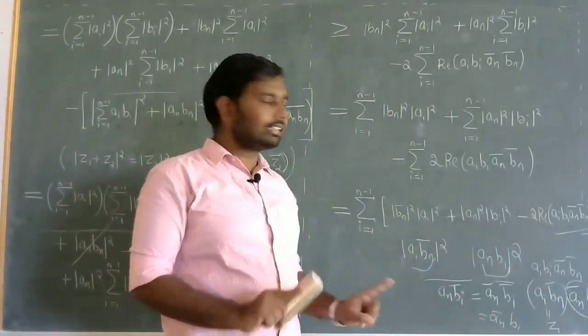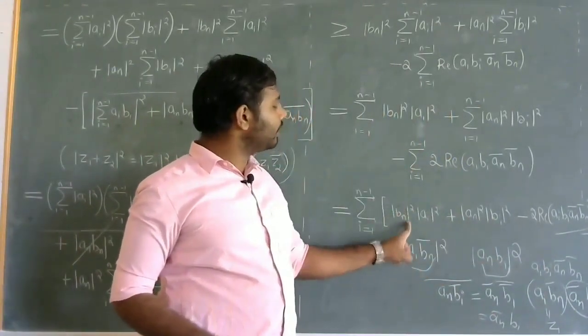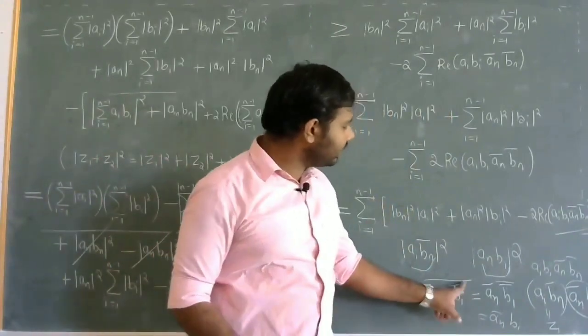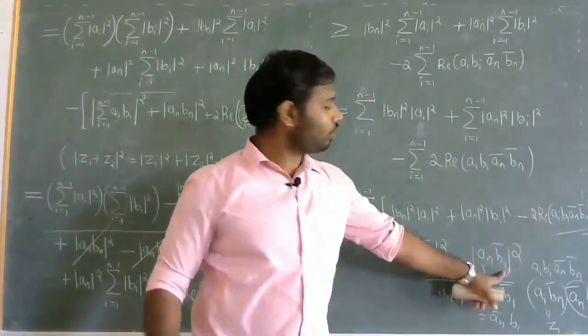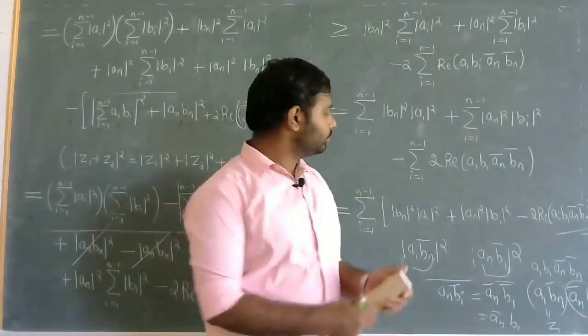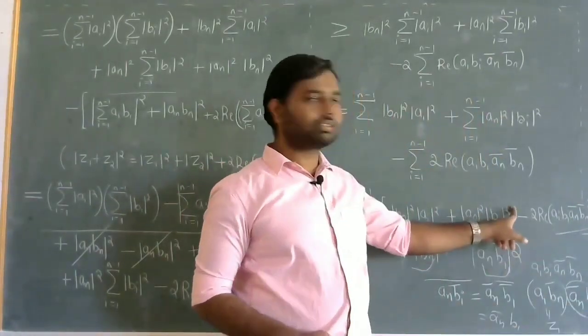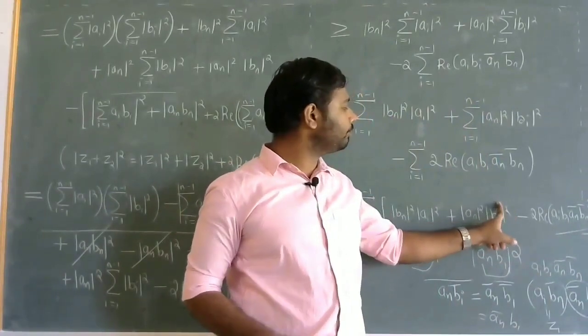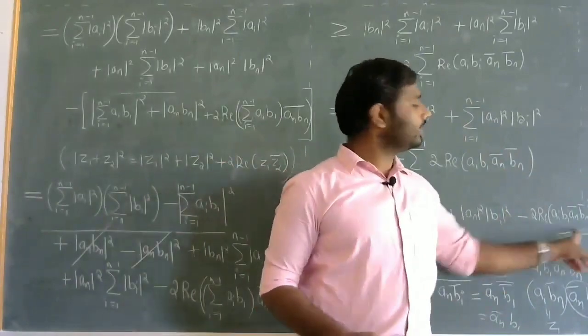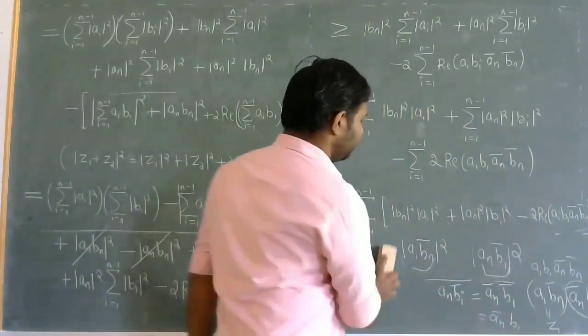As I have modulus here, modulus of bn whole square is nothing but modulus of bn bar whole square. Here also I need an extra bar for bi, so that the second term would be z2 bar. So modulus of bi whole square is nothing but modulus of bi bar whole square. So I can do that, then I can rearrange the terms here, right?